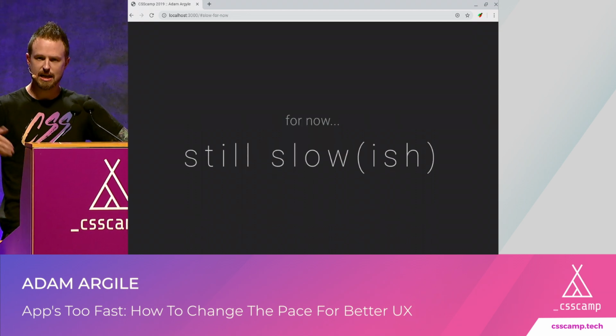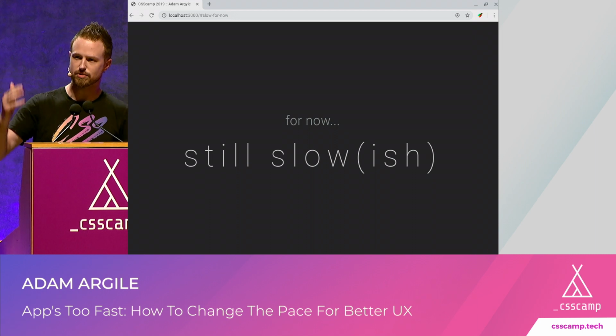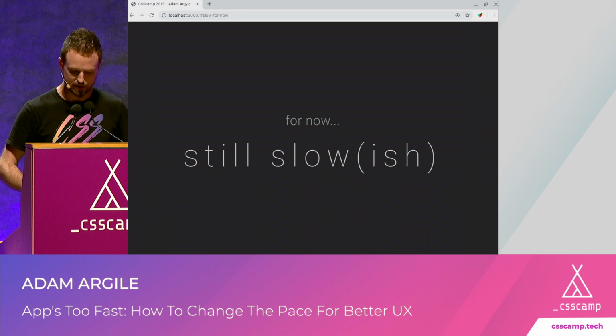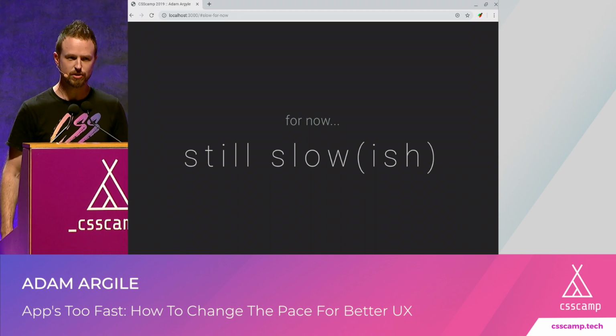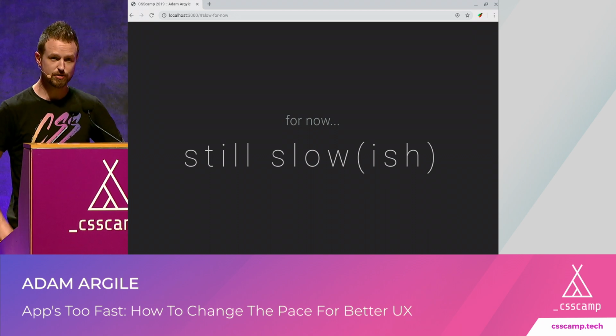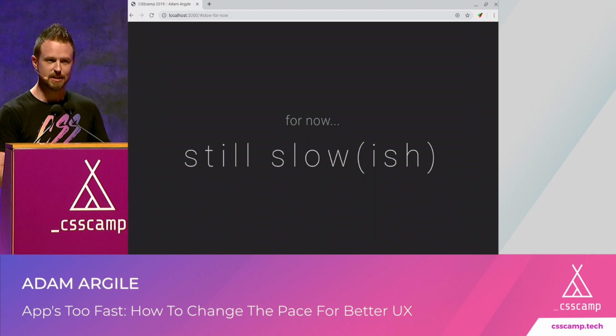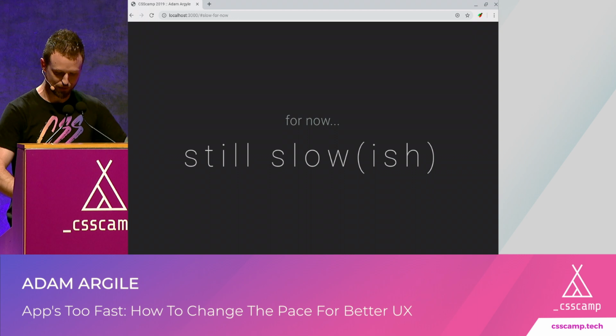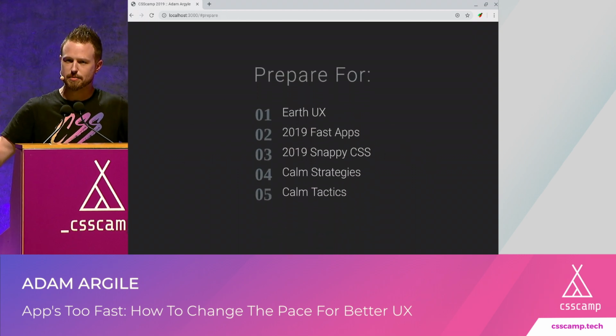So for now, today, if we look at our phones and we're on conference Wi-Fi, which is superb by the way, top notch. Anyway, sometimes you get on Wi-Fi and you're like, whoa, this is slow. You go to a new country, whoa, this is slow. You have moments of slowness, and I know that's the current reality, but I think we're heading towards a space where things are too fast.